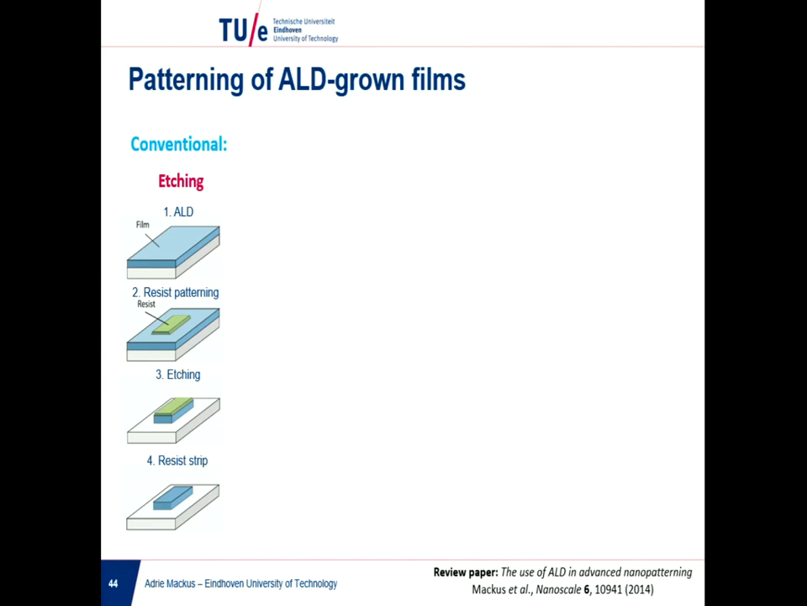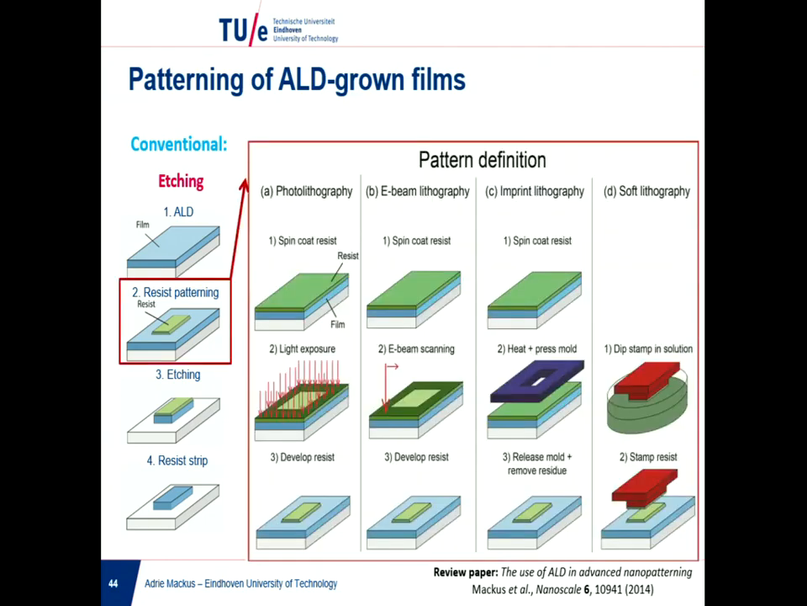So then, the question you may ask is, why is this interesting to do? What is the benefit of using area-selective deposition instead of these conventional techniques? Well, one thing to realize is that conventional patterning consists of many, many process steps. I showed here the four main things, but you should also realize that, for example, the patterning itself are